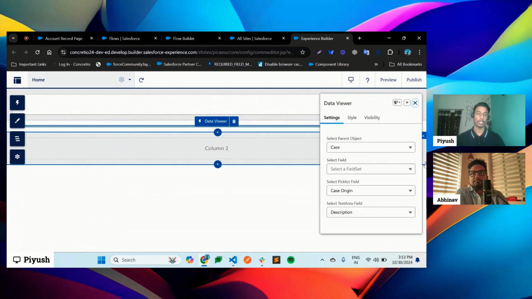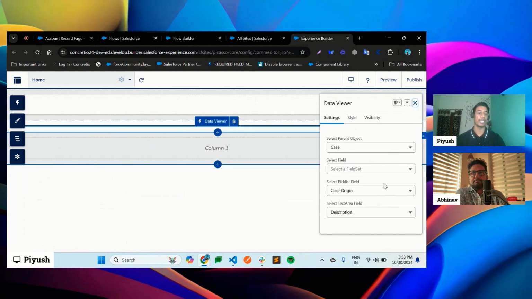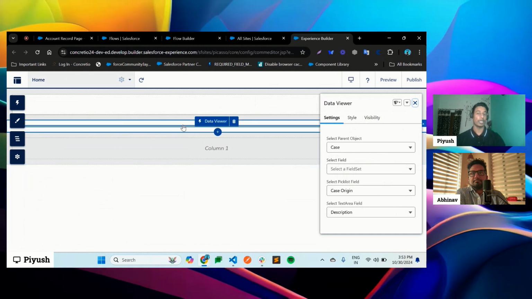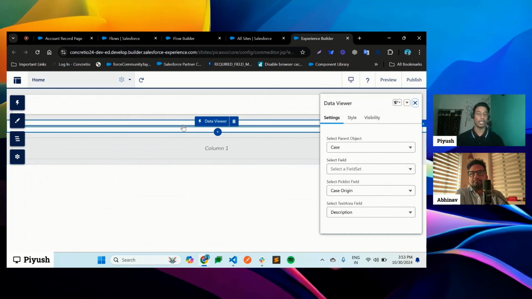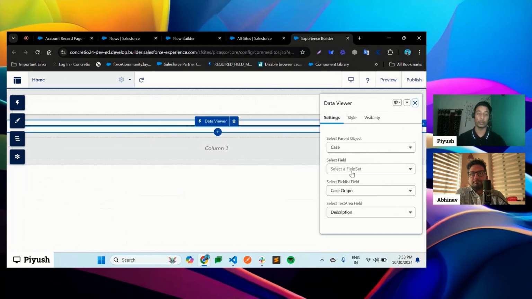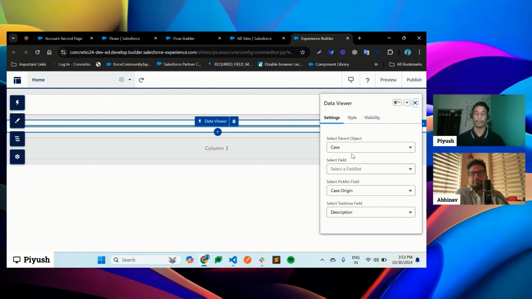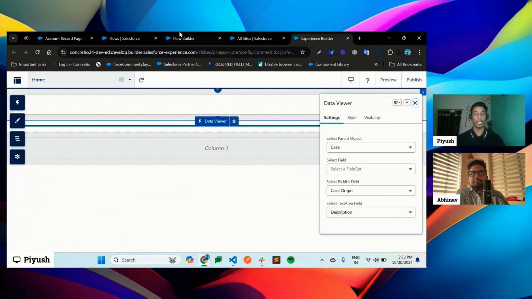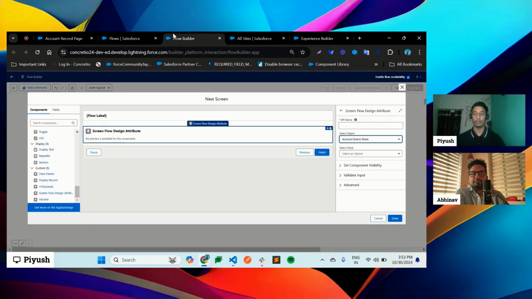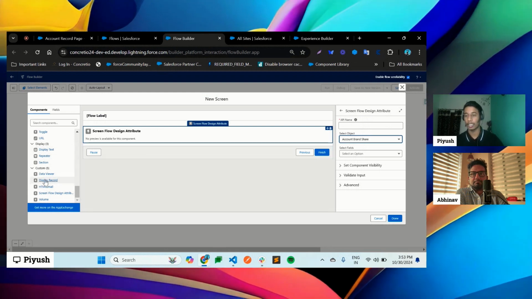Okay, if I switch the focus, you can see my previous selections are being retained. Even though Community supports only one property at a time, I'm still able to retain three of them. So we'll see how we are doing that. But before that, I would like to give you another